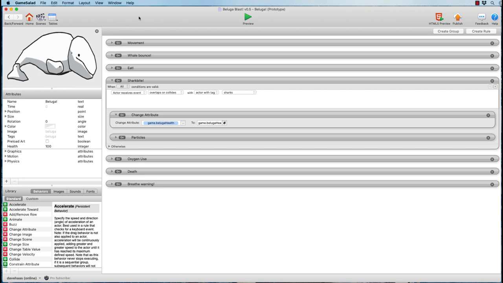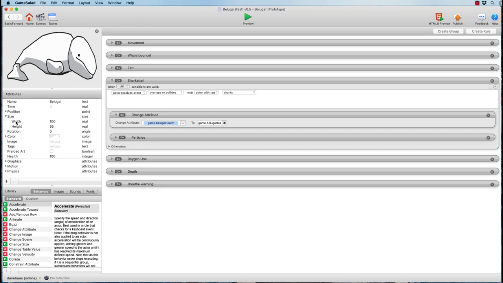In the case of GameSalad, the beluga actor or the beluga object has different types of data or attributes that make the beluga object or actor specific and distinct from the other objects in the game. Some of the things that make it distinct, for example, are the image, right? So obviously, if you see the beluga, it's not going to have the same image as a shark. So that would be one thing that makes it distinct. Another thing that would make it distinct would be its size.